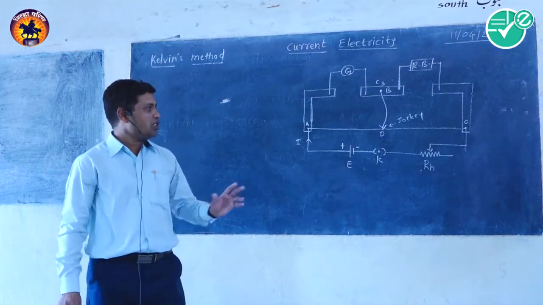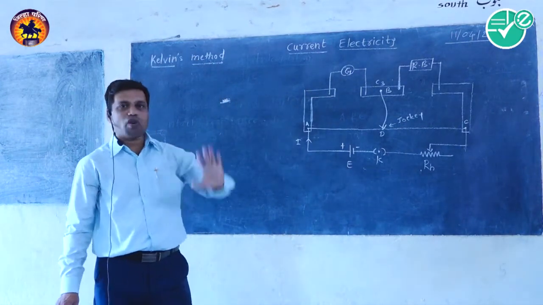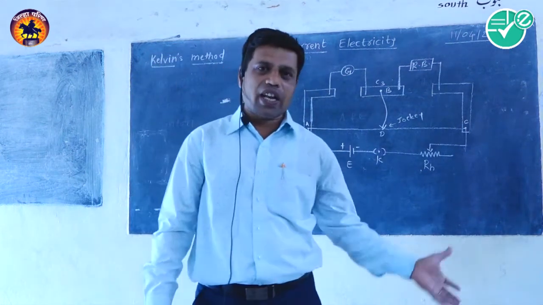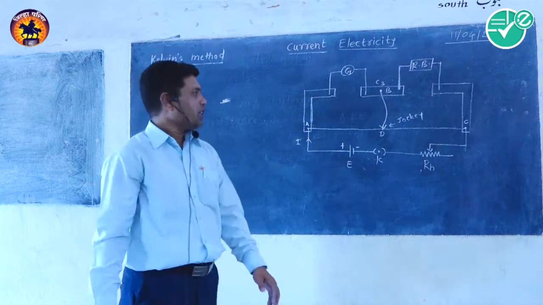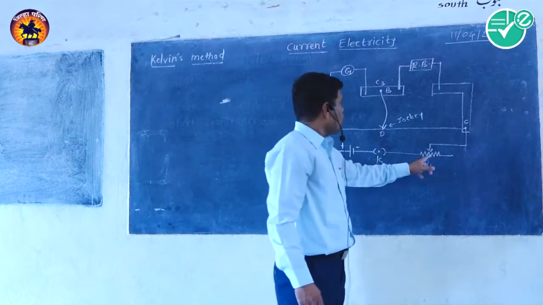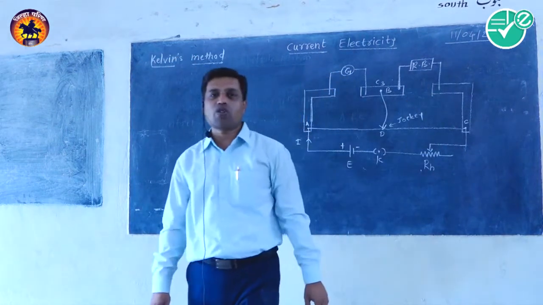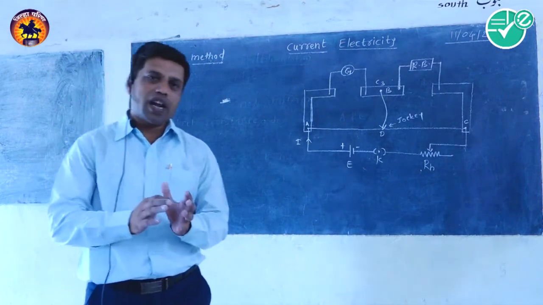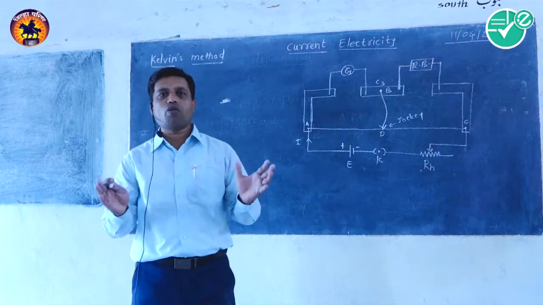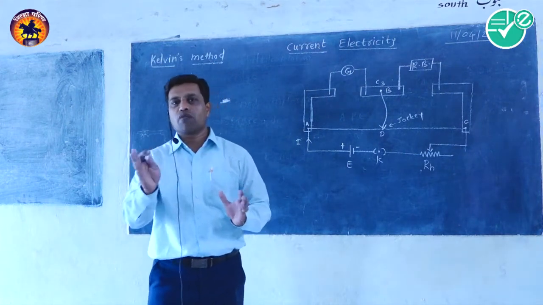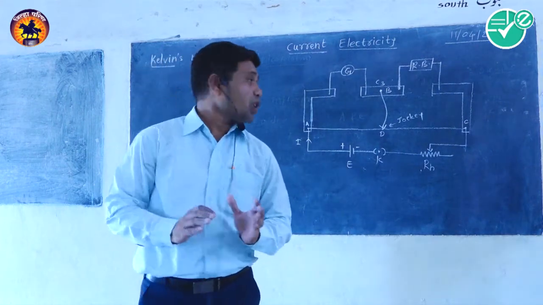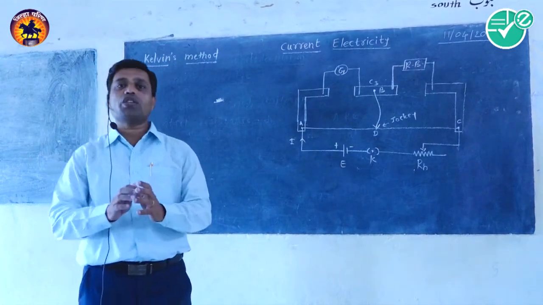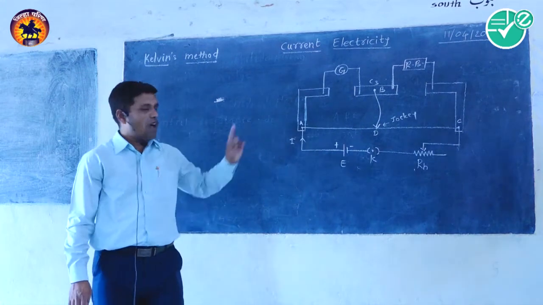Doesn't make any change in the rheostat or resistance box. If the deflection is less than 10 divisions or more than 20 divisions, then adjust the setting of the rheostat or draw some resistance from resistance box RB, and make the deflection in the galvanometer such that it should be between 10 to 20 divisions. Okay. So, this procedure we have done without touching the jockey to the wire AC.